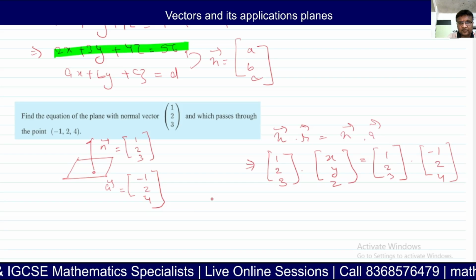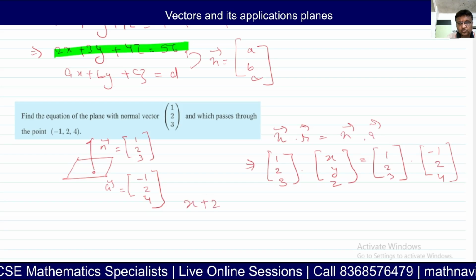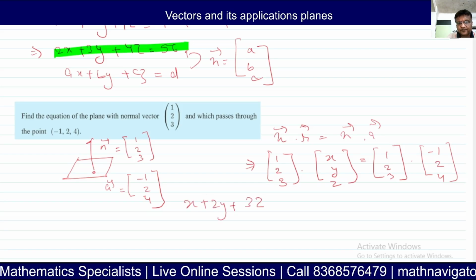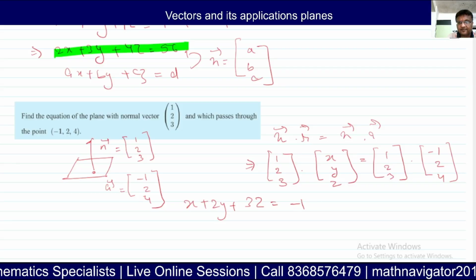To solve it, you will get x plus 2y plus 3z is equal to negative 1